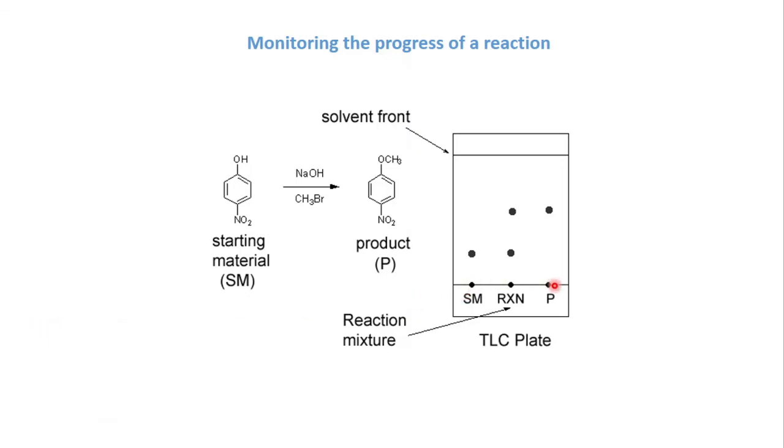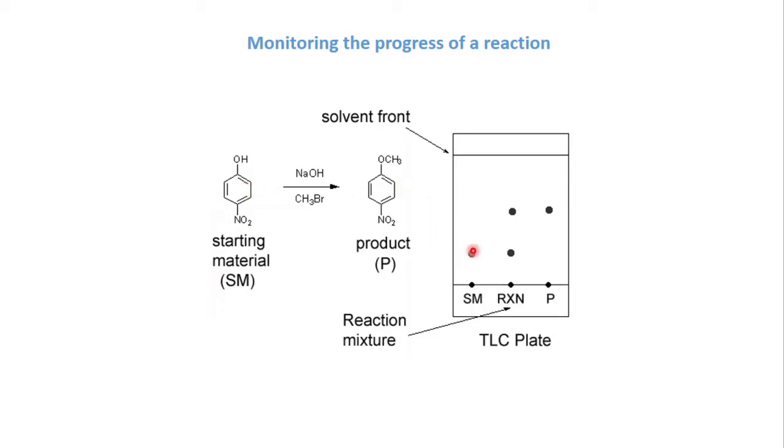Reactant and the product, and reaction mixture you have spotted at the center. Now in the beginning, the reaction mixture won't give anything apart from the reactant because the reaction has not started. The reactant will give you one spot, and the product sample you already have, when you spot it, will give some spot here. Now you look at the polarity of this is higher than this.